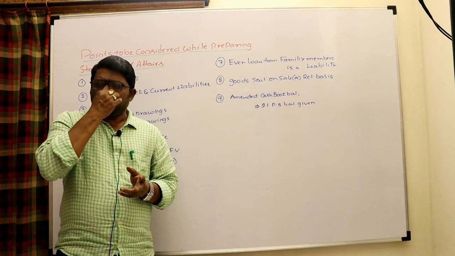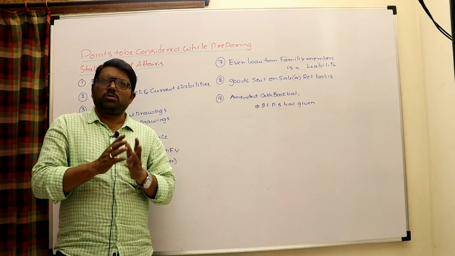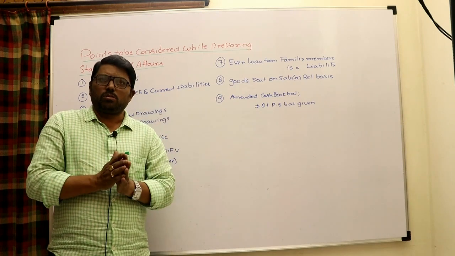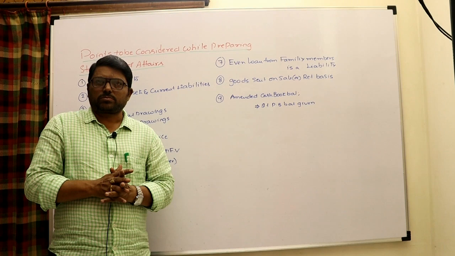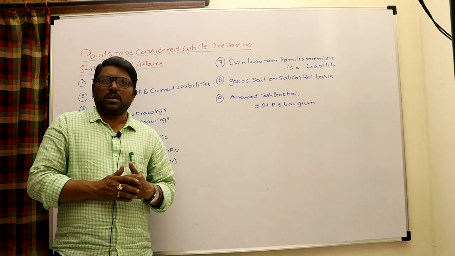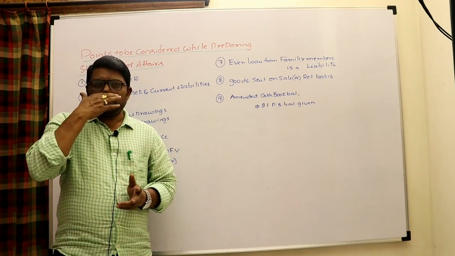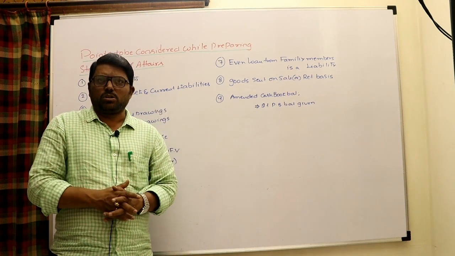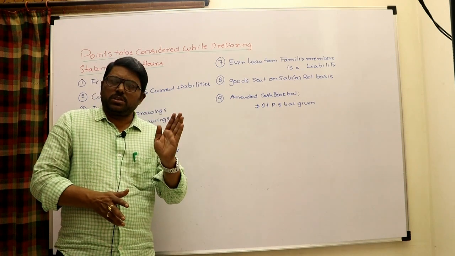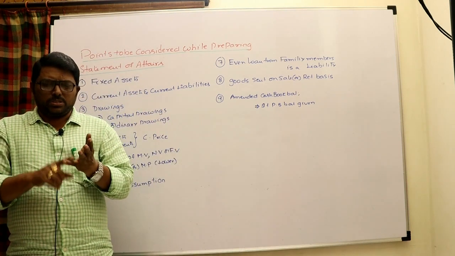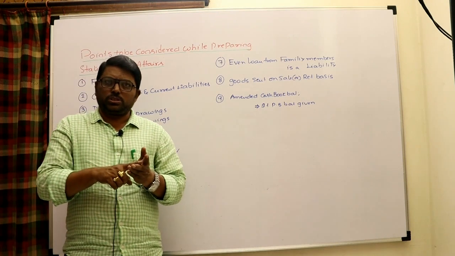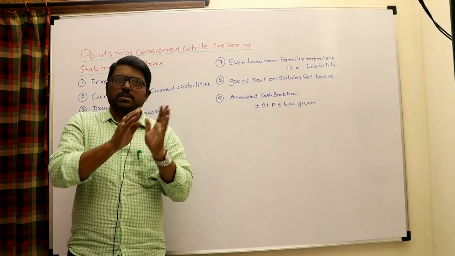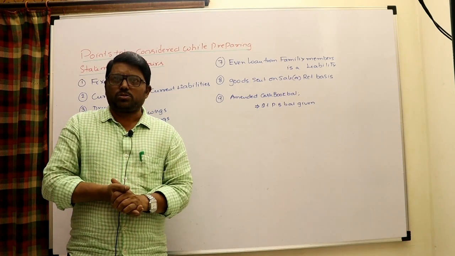Say, for example, nothing is mentioned: no purchase, no sale, no depreciation. You can assume the same fixed asset is at the closing also, as it is. Say, for example, machinery at 1 lakh, and no information regarding depreciation, purchase, or sale during this year. Take it as it is, 1 lakh at the closing also. So while taking fixed assets from opening to closing, purchase should be added, sale and depreciation should be deducted. If nothing is mentioned, by assumption the same amount is carried to the closing.